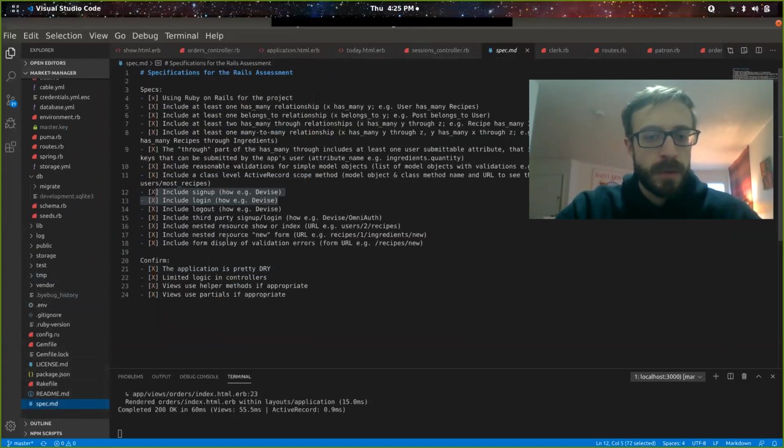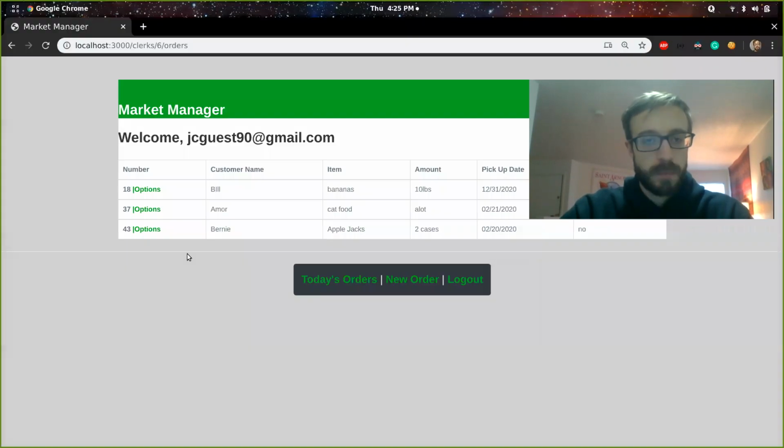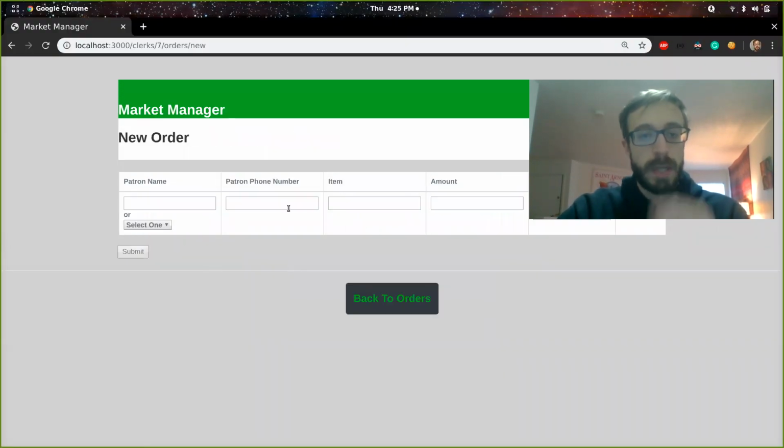Log out, nested resources, nested routes. So I don't think I went into nested attributes. When we're creating an order, this is